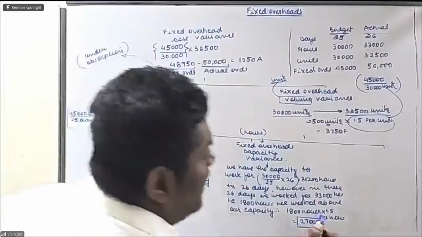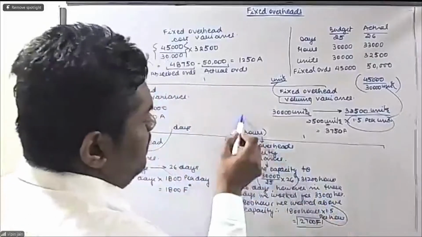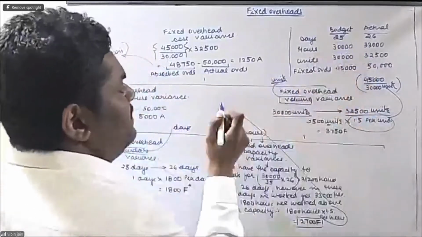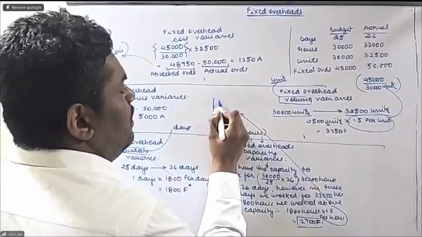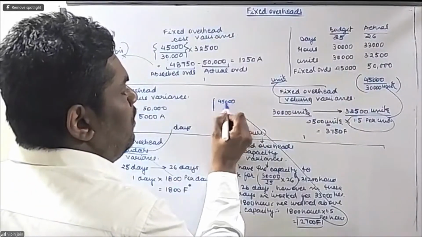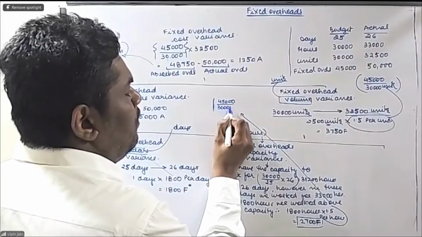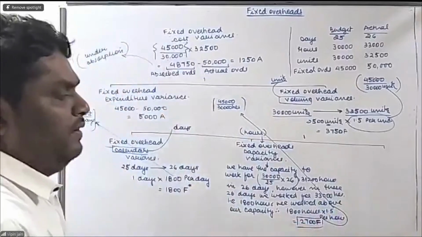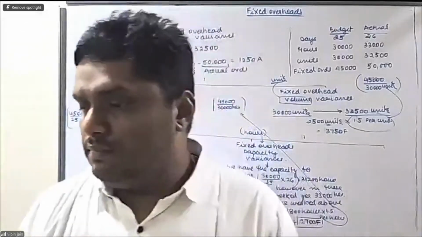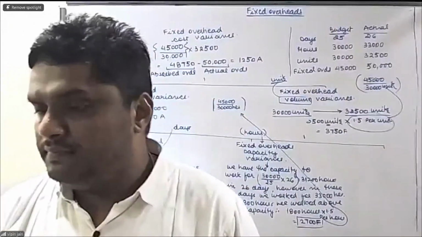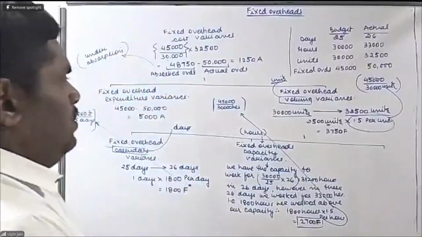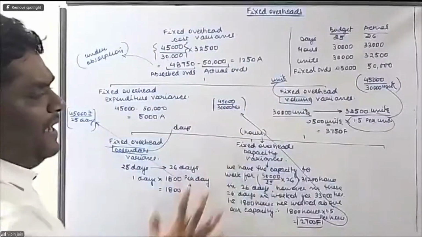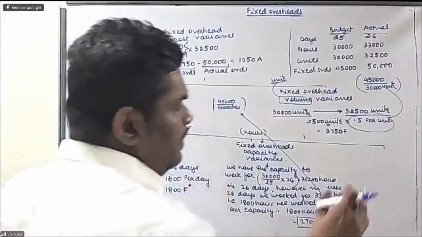When talking about how I got this rate per hour 1.5: 45,000 overheads divided by 30,000 hours. This is how I got this rate 1.5 per hour. So fixed overhead cost, expenditure, volume, calendar, capacity. Now next is